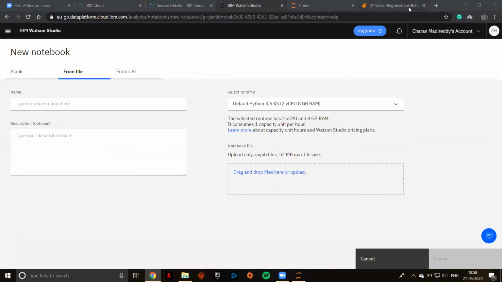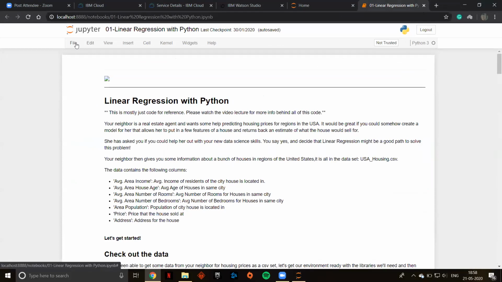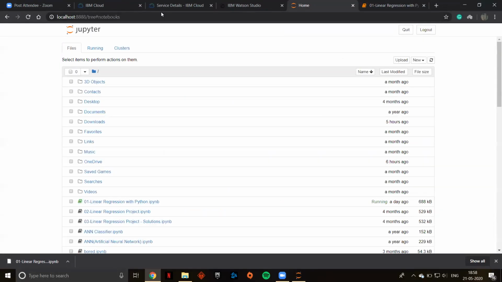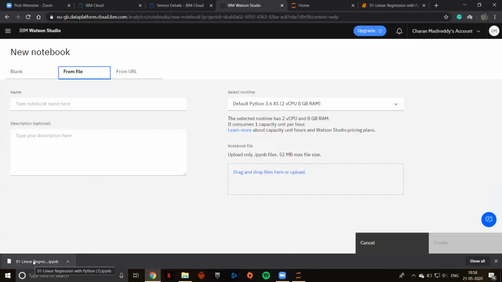I'll download this linear regression file, download as IPYNB. Now I'm going to drag and drop the file here. Okay, now I'm going to create a notebook.